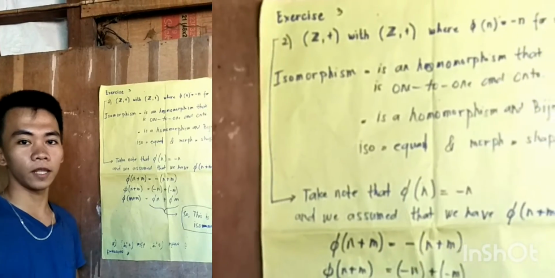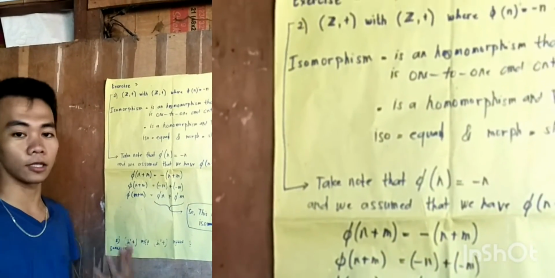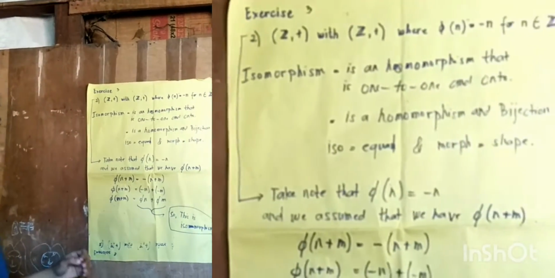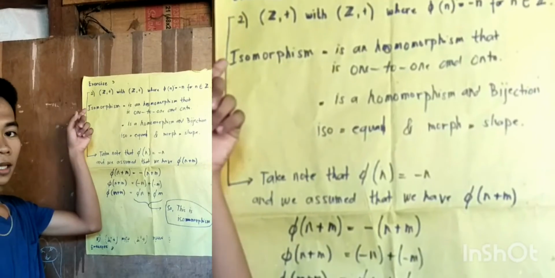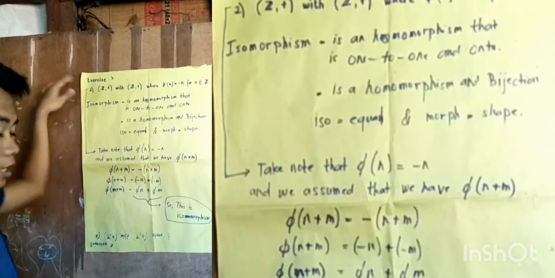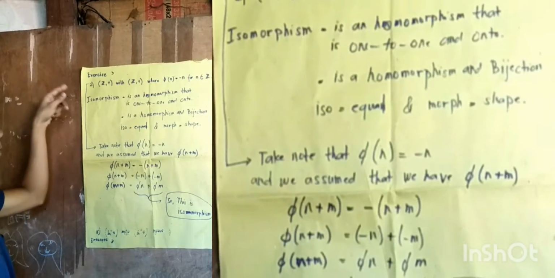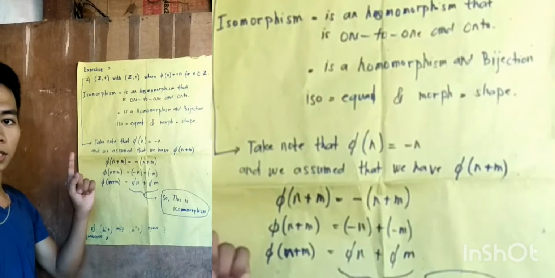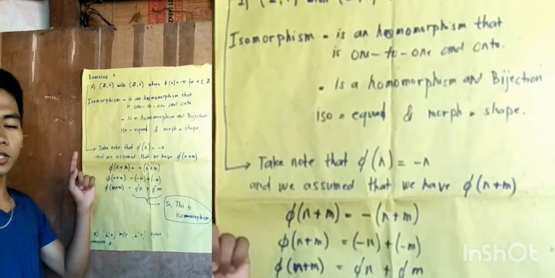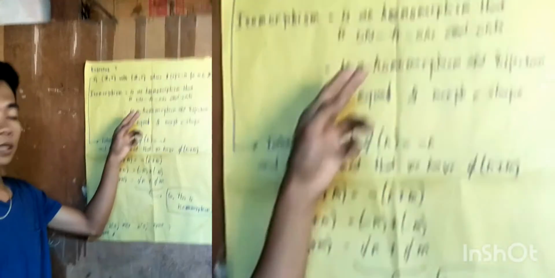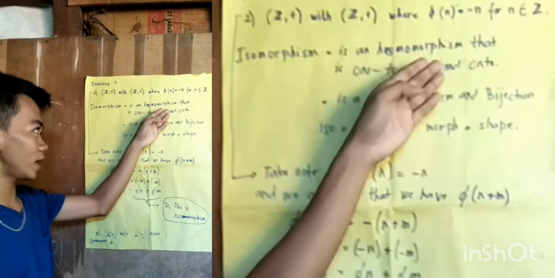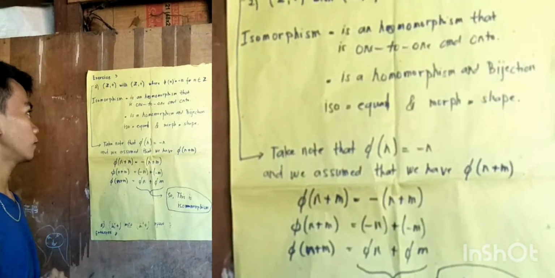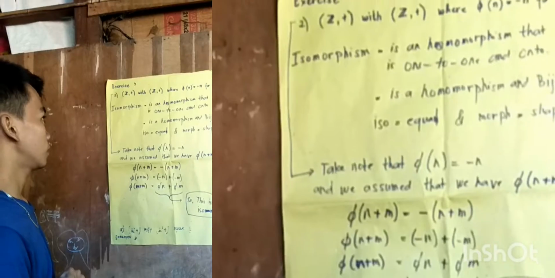I am here to explain the topic, which is the subgroup and group under abstract algebra. Here I choose exercise 3, and under exercise 3 I select number 2. In number 2, I have a problem which is integers, positive, where φ(n) is equal to negative n, for n an element of the integers. So first,